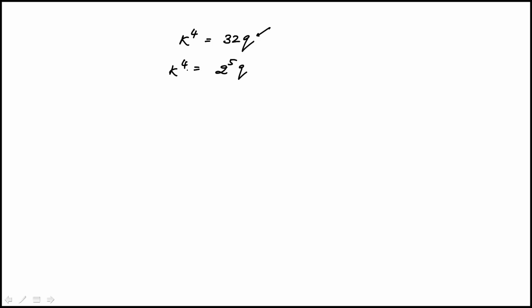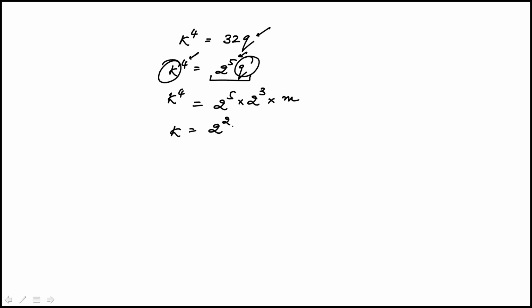So you'll notice that k is an integer. So for k to be an integer, the power of 2 here, the exponent of 2, I should say, has to be divisible by 4. Otherwise, k won't be an integer. So that means that from 2 to the 5, at the very least, I need 2 to the power of 3 and then some other integer. And the reason for that is because k would be the fourth power of all these, and that would give me a form for k, which is 2 squared times, let's call it n,